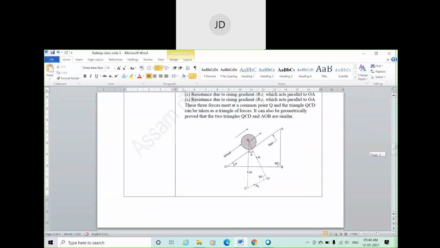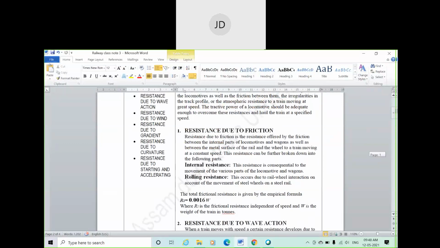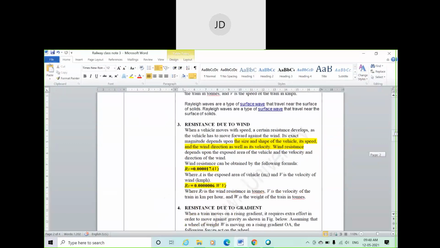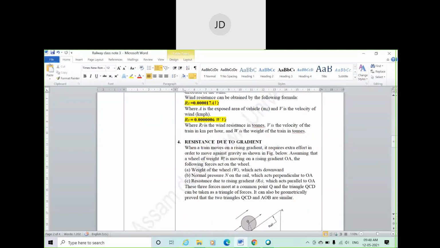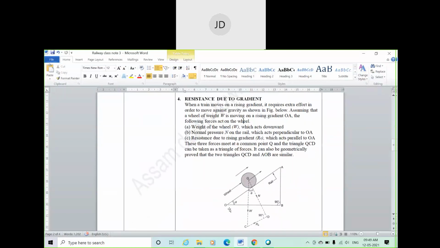So anyway, up to this it is clear, right? Resistance due to friction, resistance due to wave action, and resistance due to wind. It is also not that complicated. Resistance due to gradient: we all know that in a hilly area the gradient is higher, and after crossing the hill you have to go down. So when the train moves on a rising gradient, it requires extra effort in order to move against